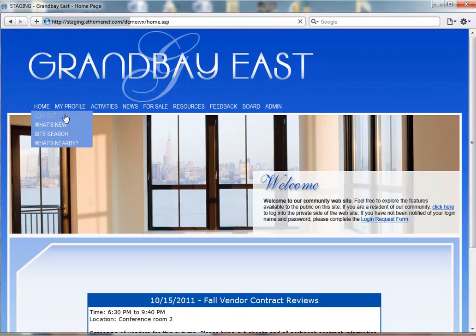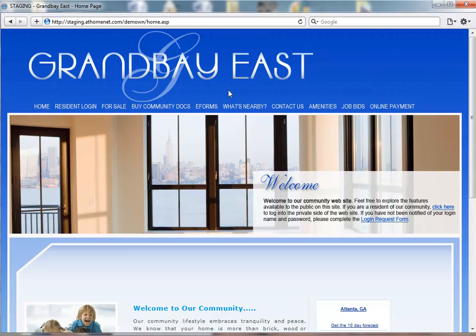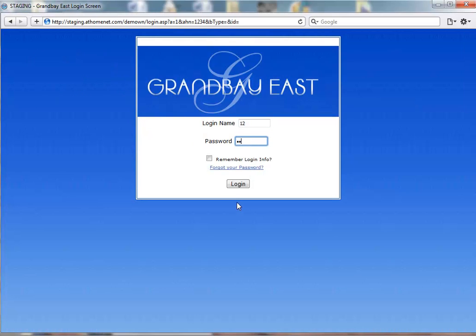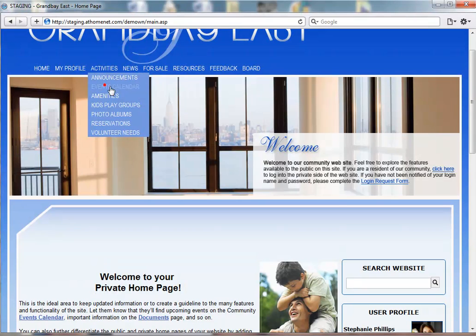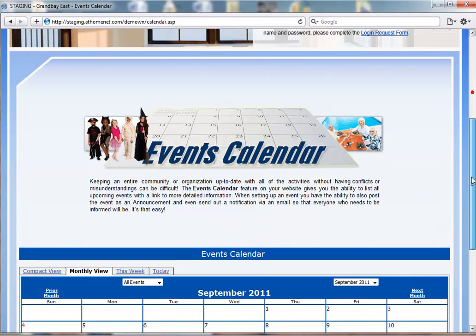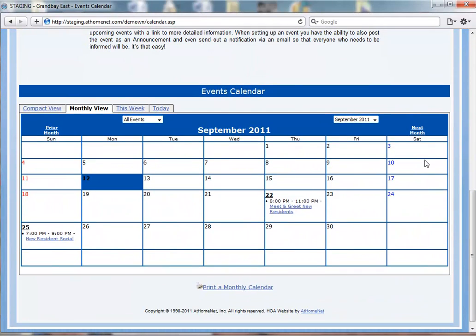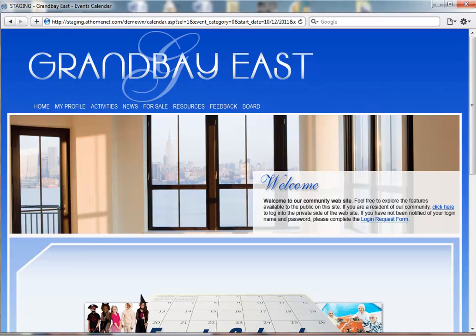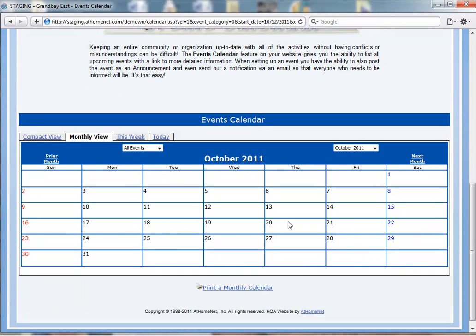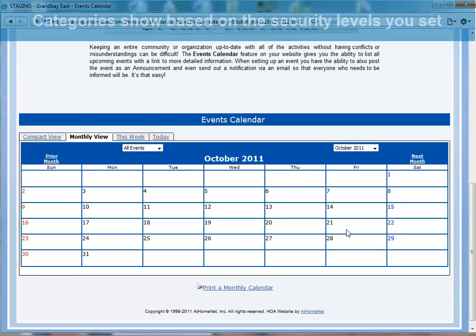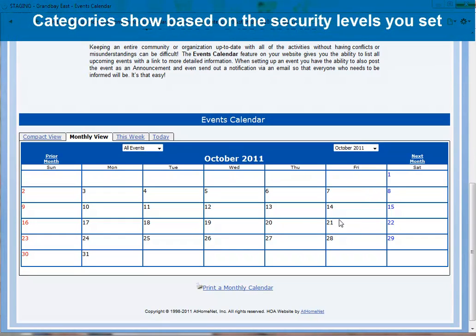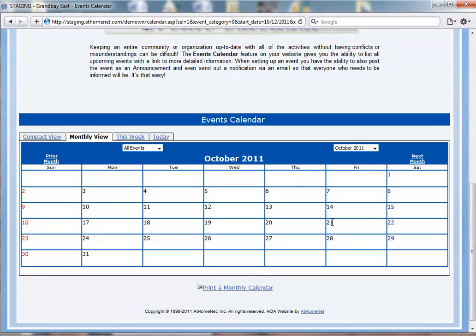Let's log out of the site. And we'll log back in as a non-board member resident. So once we go to our events calendar, we'll look under October for that same date. And as you can see, no meeting appears. The entire category will not show up unless you're a board member. You're totally in control of this as an administrator. Let's move ahead to our next enhancement,